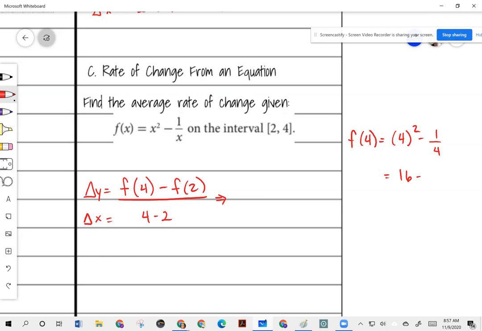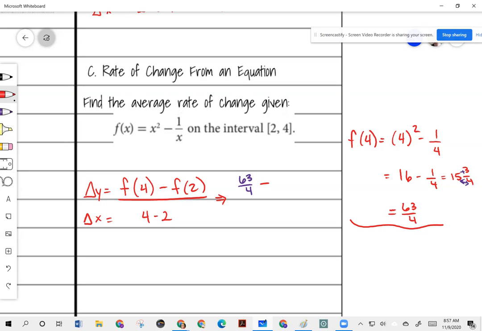It's going to be 16 minus 1/4. So I could say that that's 15 and 3/4, right? Or I need to get that to be an improper fraction. So that's going to be 63 over 4. If you're not sure how I did that, I just went 15 times 4 is 60 plus 3 is 63 over 4. So I know that this value right here is 63 over 4 minus, now I've got to do